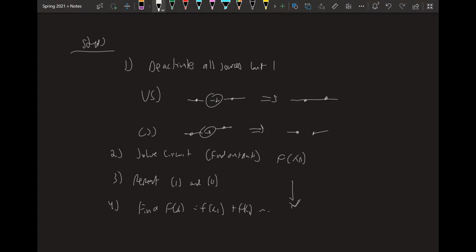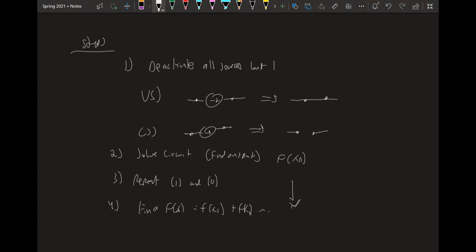Yes, so you add everything up and you find out. So it's a very handy concept. So let's do an example where we're going to use superposition to make the problem slightly easier. So the question is going to be you're going to find